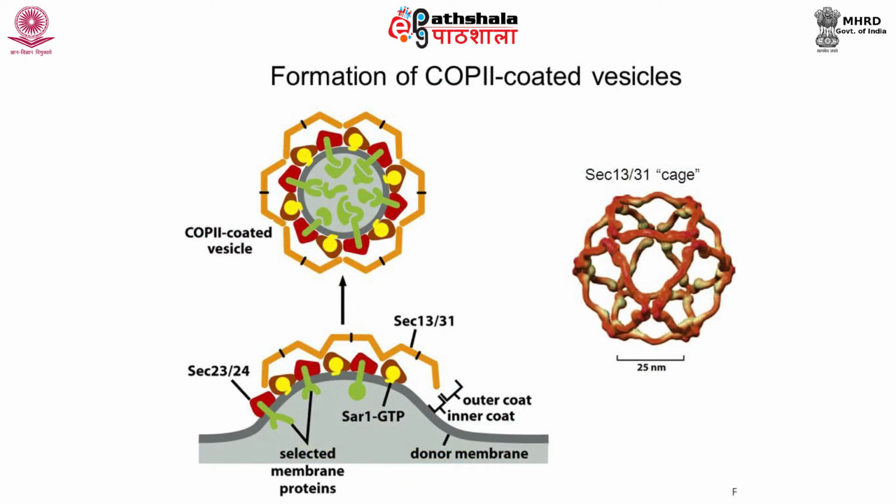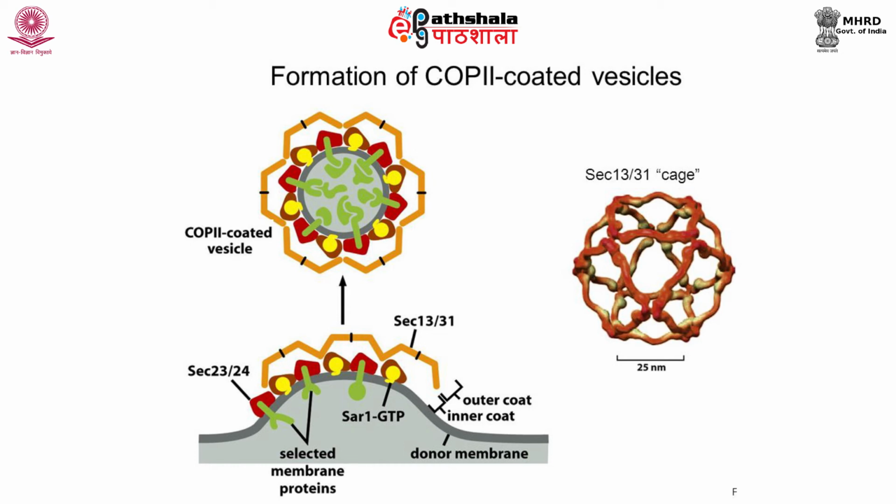Proteins present in the ER and destined for the Golgi apparatus are packaged into small COP2 coated transport vesicles. These vesicles are formed from ER exit sites. Proteins that have to go to some other organelle selectively enter the transport vesicles and are concentrated in these vesicles. COP2 coat protein formation needs SAR1 GTPase and its GDP-GTP exchange factor. It is a type 2 transmembrane protein.